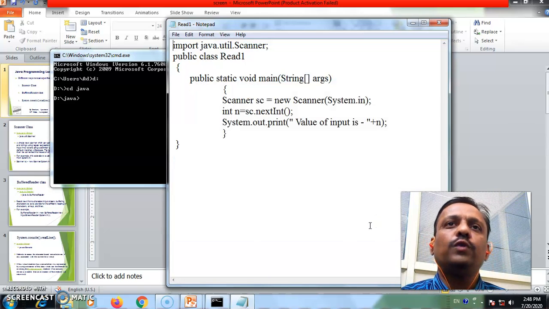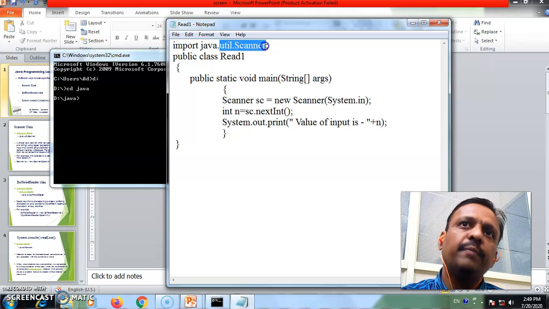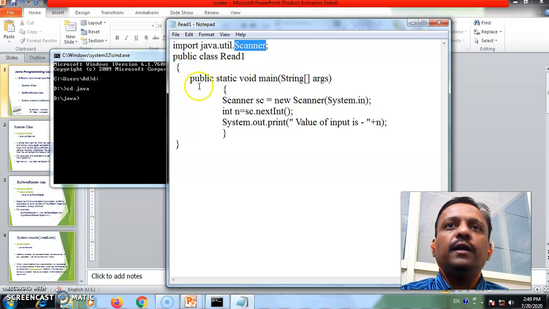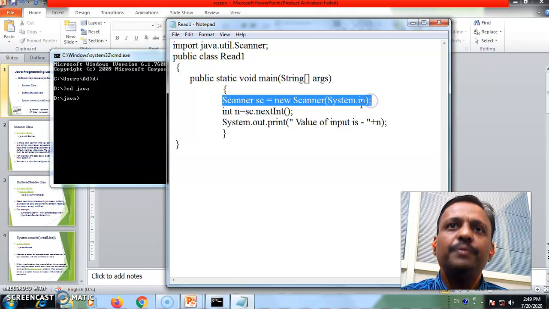So if you look at the program, it is very simple. You have to import the utility package, that is util, and the Scanner class from that util. So then after that you have to create an object of Scanner class.